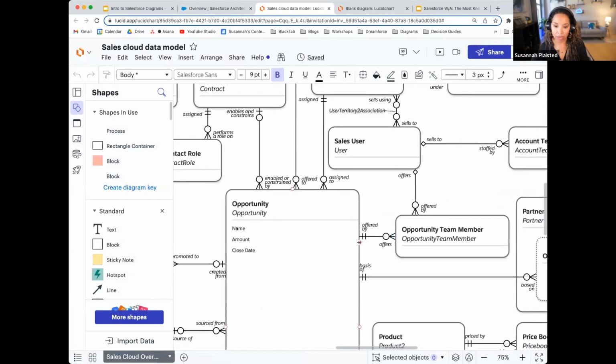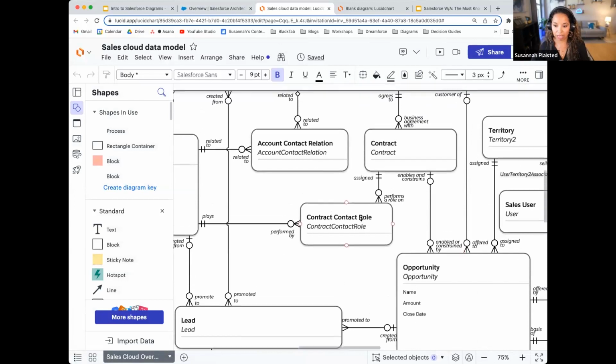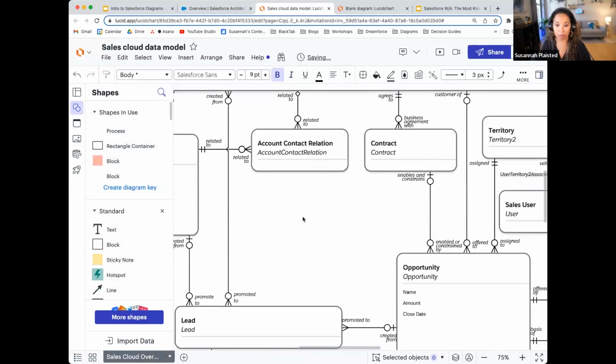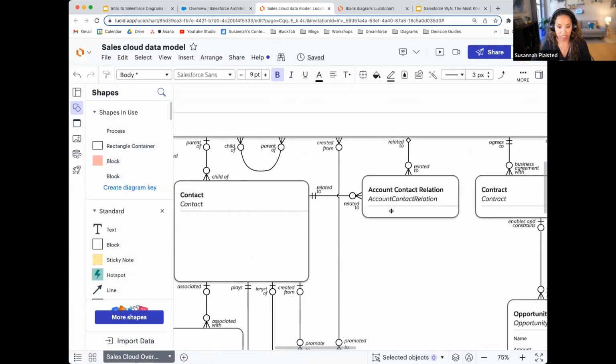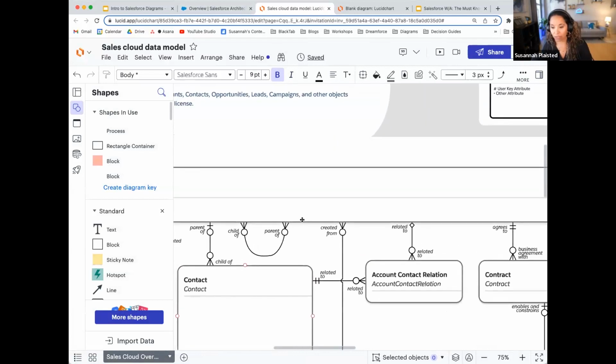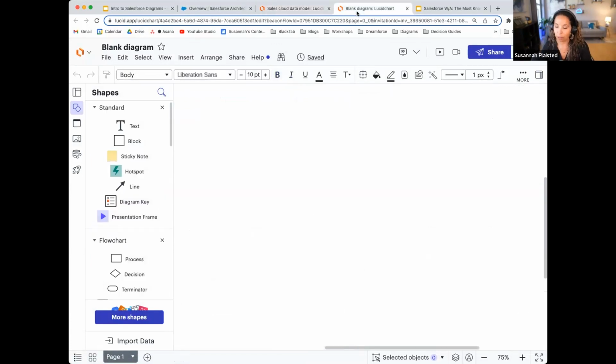Which can be pretty cool because you can maybe say, I'm not using, for example, this relationship, and I want to add in maybe a custom relationship, and you can just drag in one of our cards and create your custom object. So this can be useful to just throw together a quick data model that is scoped to whatever cloud or functionality you're working with. But even if you don't have a paid account, you can still, with free Lucidchart, take